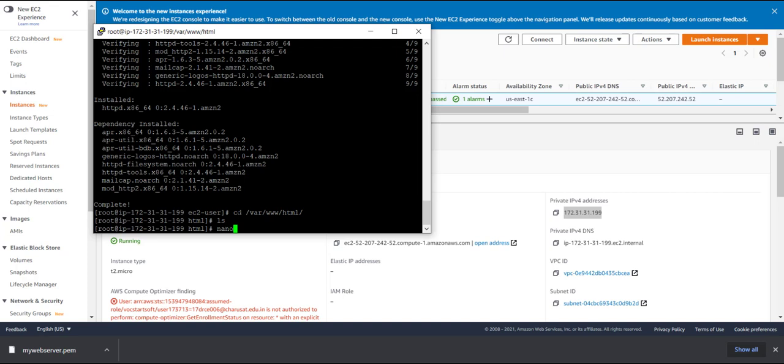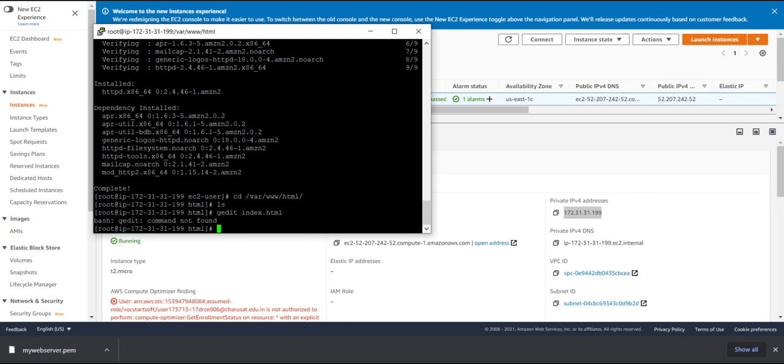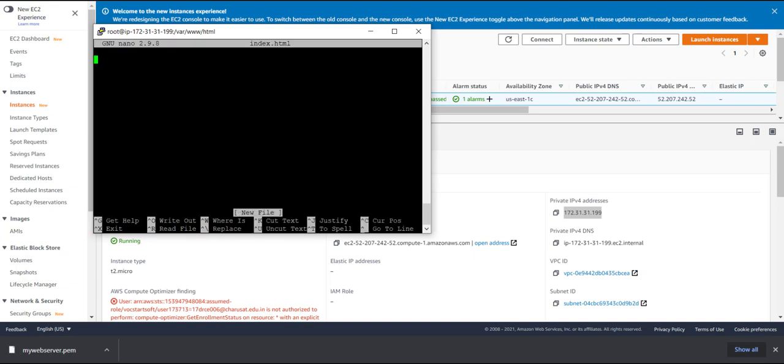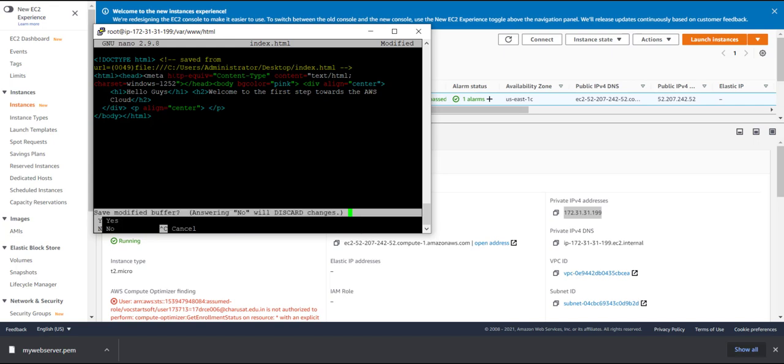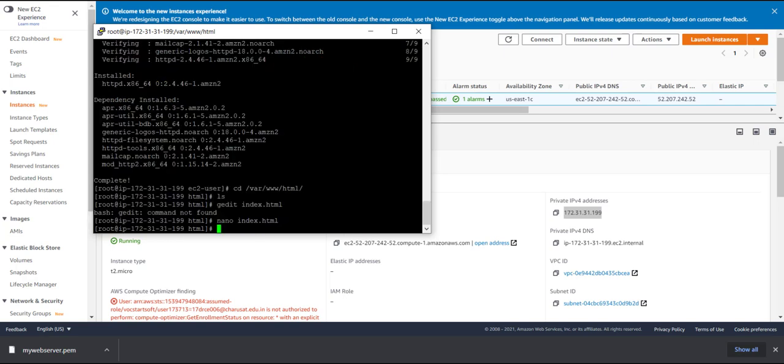Here I'm going to open with nano, or let's see if gedit is allowed or not. Index.html, no, it's not allowed. So nano index.html, right? So here I'm going to add this file, control X, press yes, click enter, your file is ready,